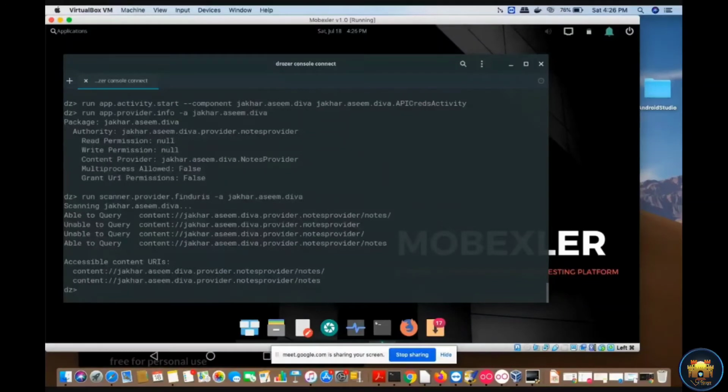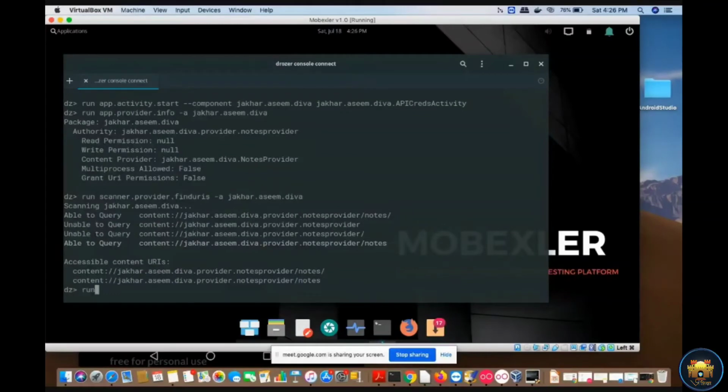If I execute this command, it will give me all the URLs which are available inside this package.